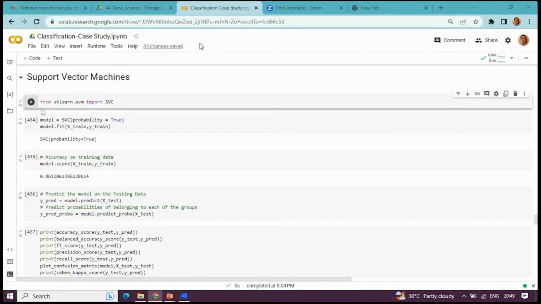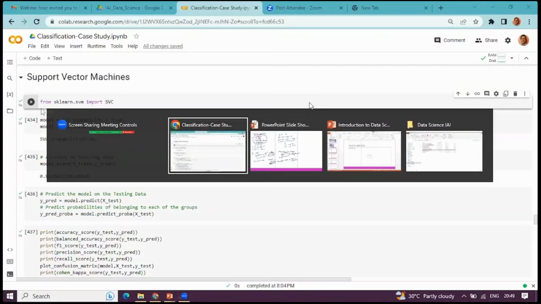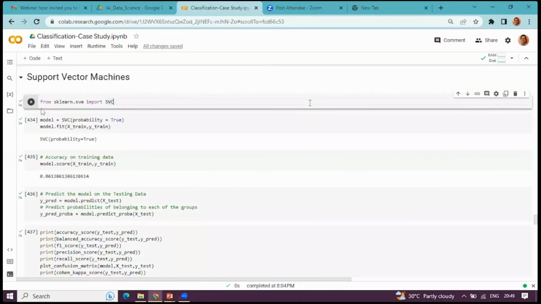If you have only a two-dimensional or one-dimensional problem, it might be very easy to make out, but if you are working in a multi-dimensional problem with 10 or 15 variables, you can't plot it, so it would be very difficult for you to decide which kernel